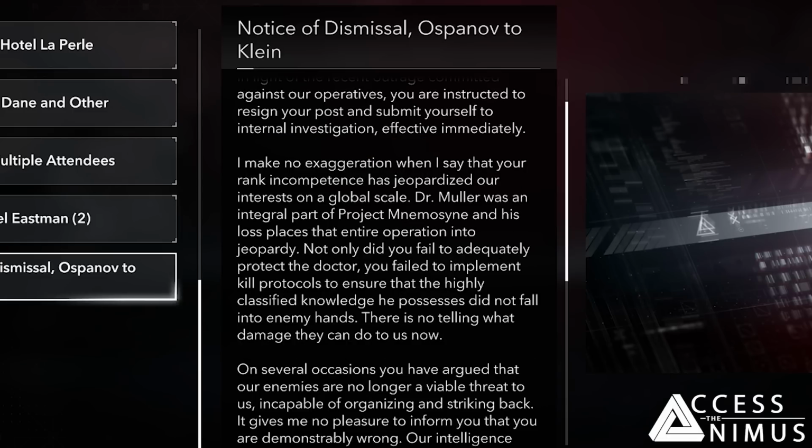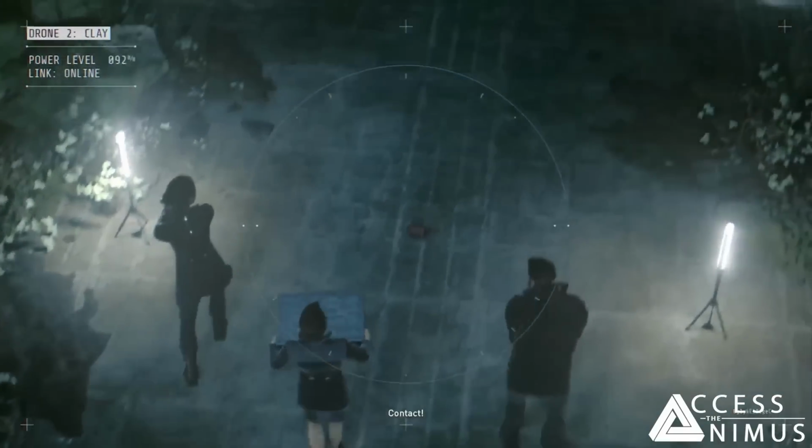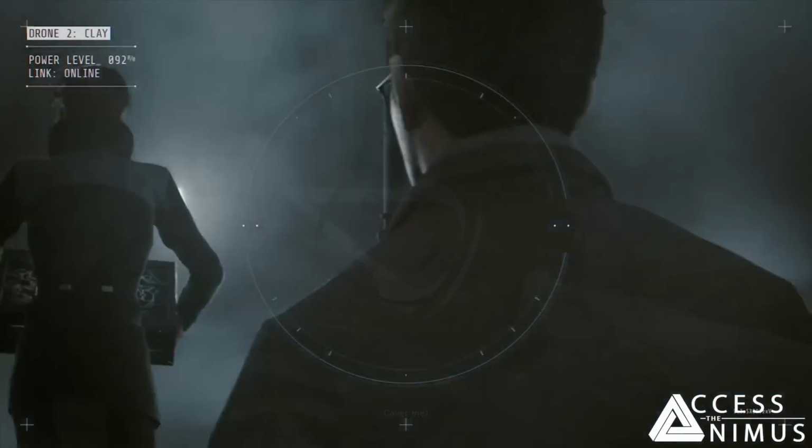More specifically, he says that he and his team failed at protecting, quote-unquote, Dr. Muller, who was an integral part of Project Mnemosyne, and also failed to implement kill protocols to ensure that his knowledge did not end up in enemy hands. So basically, through this part of the letter, we get to know that the mission that the assassins were planning